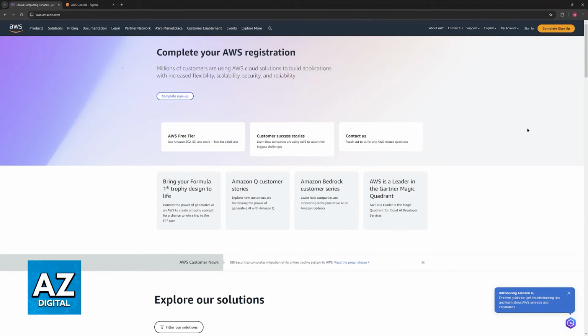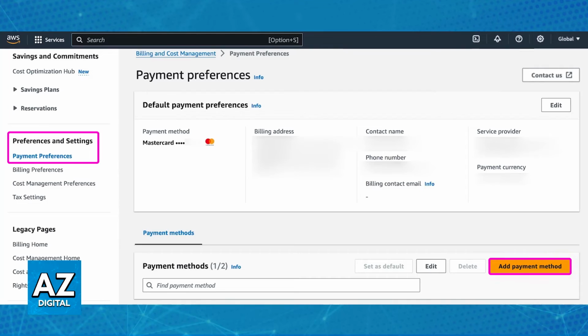Now, if you already have an account and you just want to add a new payment method, then all that you have to do is go over to the settings on your account. So go over to the console, and by using the menu at the left side of the screen at the sidebar, you will be able to go over to preferences and settings and access payment preferences, where you can see the current payment method that you have registered to AWS, and if you scroll down, you will find the option to add a new payment method. So it's as simple as choosing this option and then inputting the details of a credit or debit card, just like I taught you here.